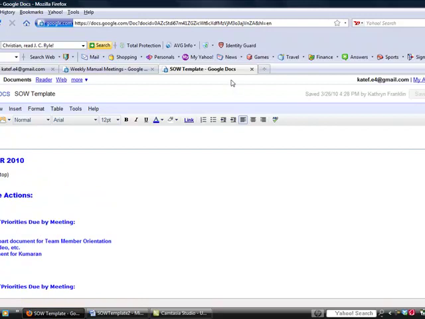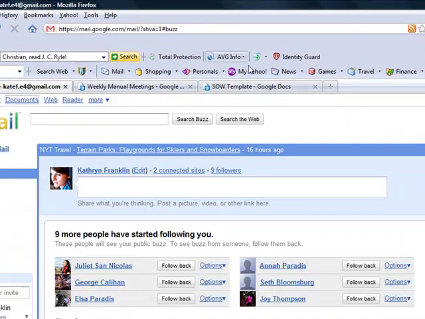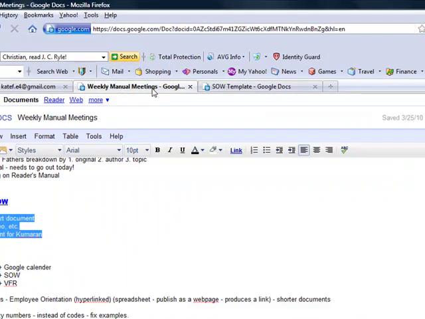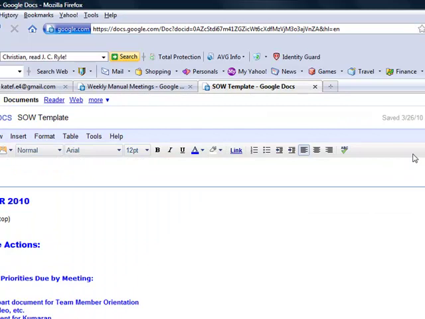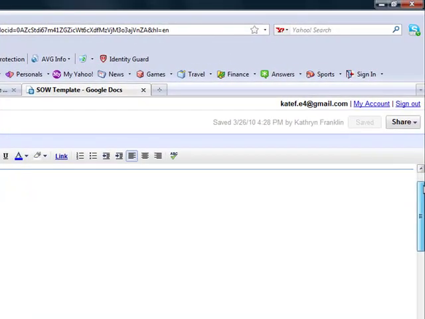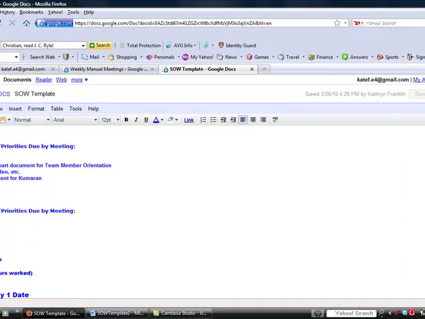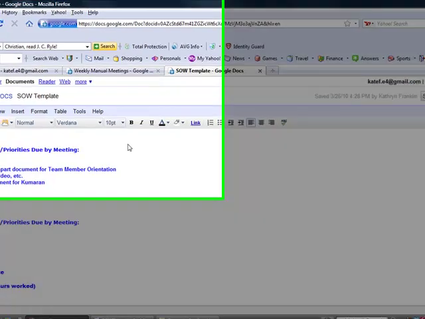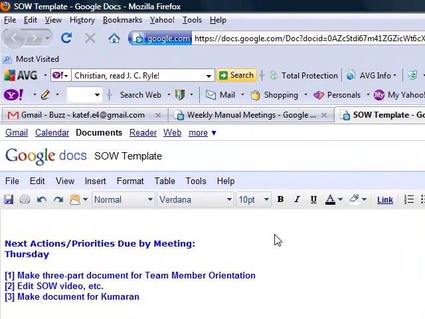When I get up in the morning and I start work, whatever is the start of your day for you, for some of you I know that's later, some of you it's earlier, what I do is I immediately open up my SOW. I go down to underneath the meeting that I'm working with. I see my priorities, kind of read through them. I break up my priorities day by day, so I'll just say,